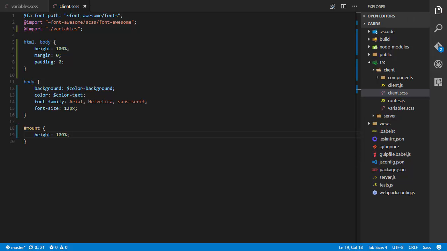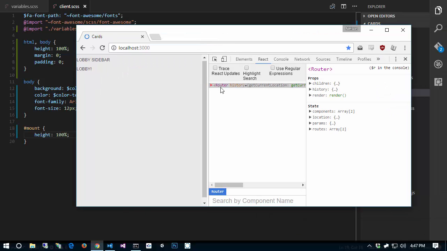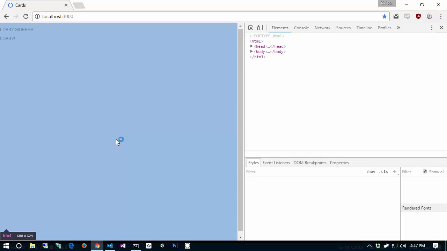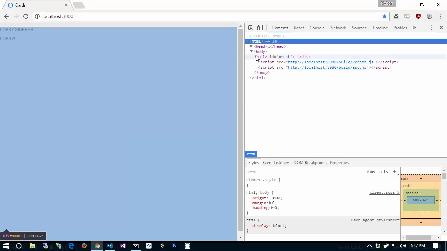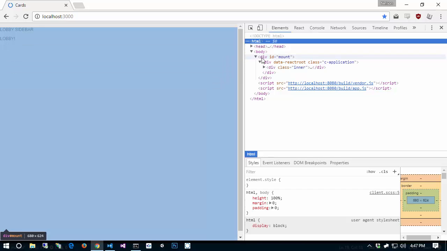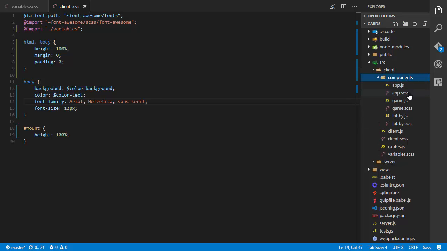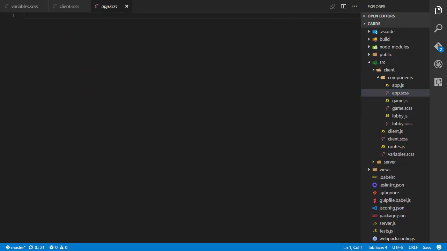So if I do all that, and I come back to our page, what we should see is this. So we do have that scroll bar issue, and that's probably caused by something that will be fixed momentarily, because of the margin of our lobby sidebar, because it's a paragraph tag, but we're going to fix that in a sec. So now that we have our client SCSS styled, let's jump into our app.css